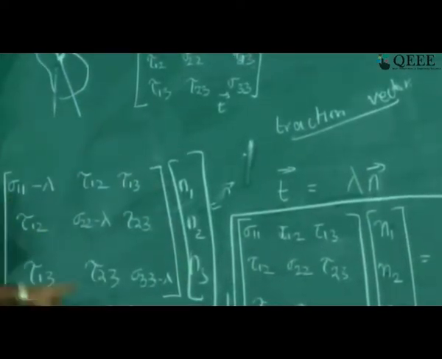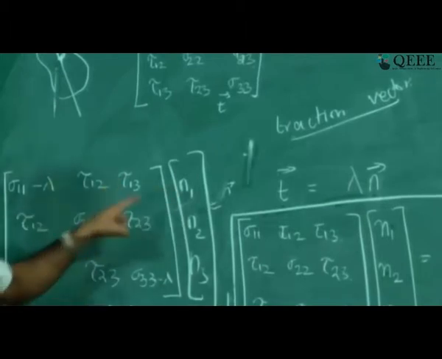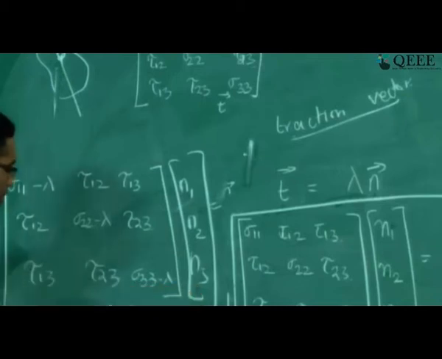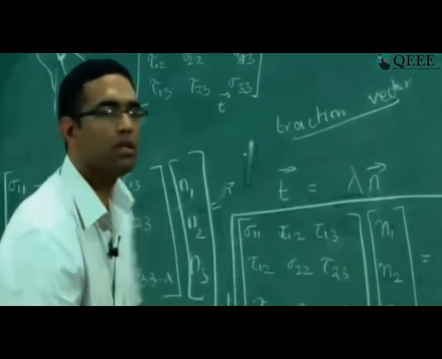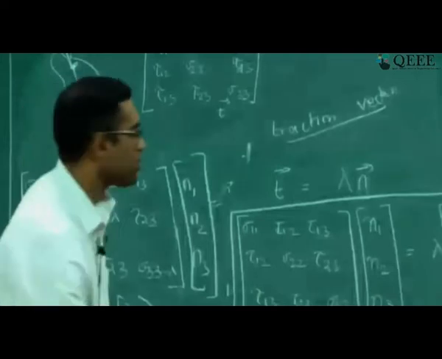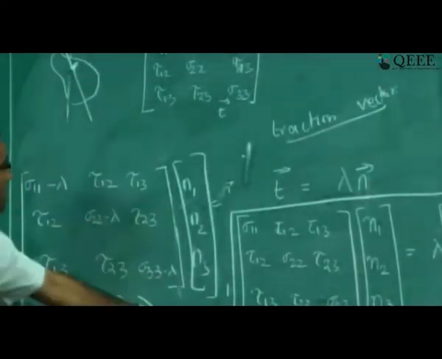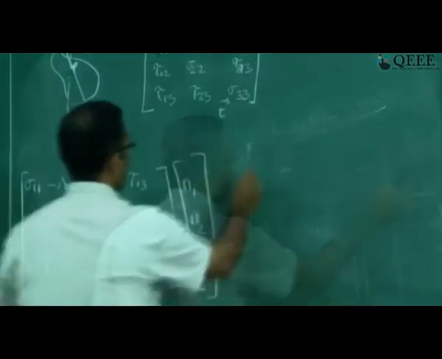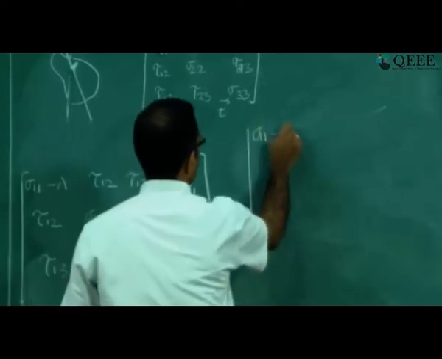So you want to find the corresponding values of n1, n2, n3, okay, but on the right hand side you have zeros. So how will you get non-trivial solutions for this case? How will you get non-trivial values of n1, n2, n3? The only way by which you can get it is by making the determinant of this go to 0. Those values of lambda for which the determinant of this matrix goes to 0 will give you the set of lambdas for which this gives you non-trivial solution. So what I'm going to do is I'm going to do this: sigma 11 minus lambda